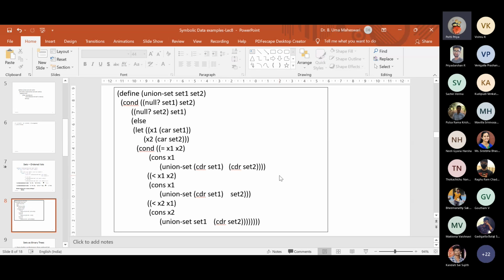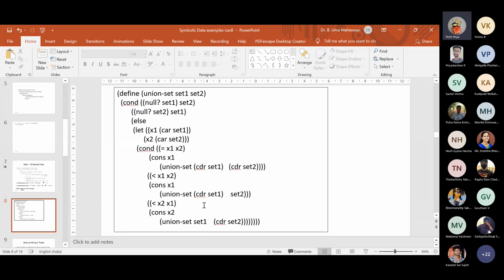And when car of set 1, x1, is less than x2, then they are not equal. That would mean we can include x1, and we will be moving forward in set 1, but not in set 2.